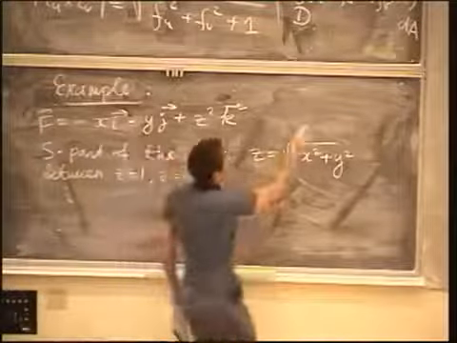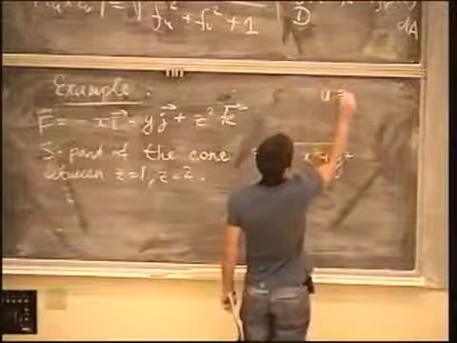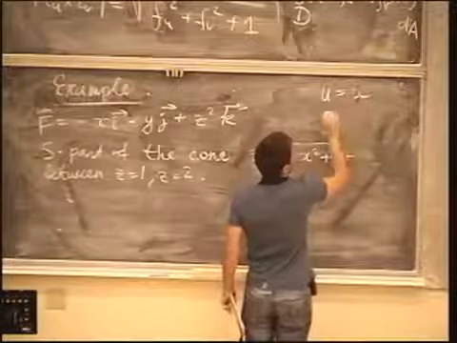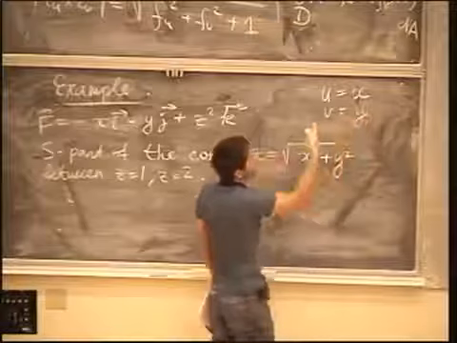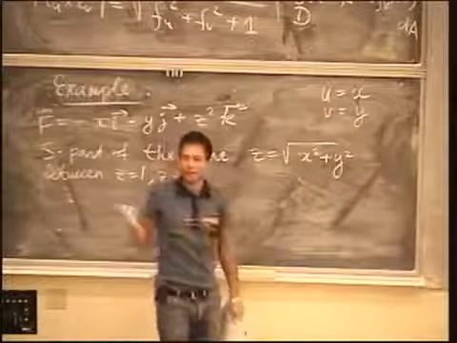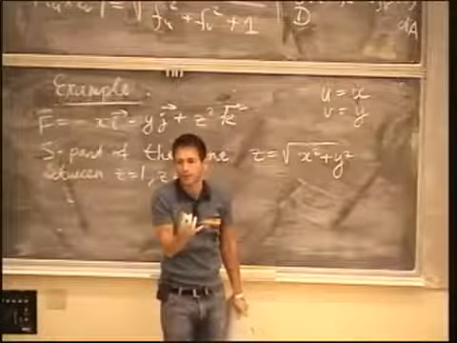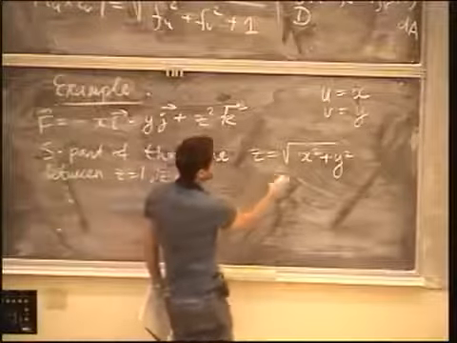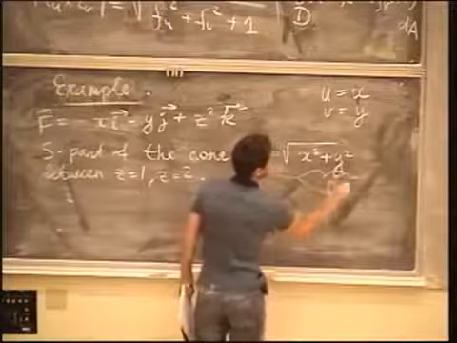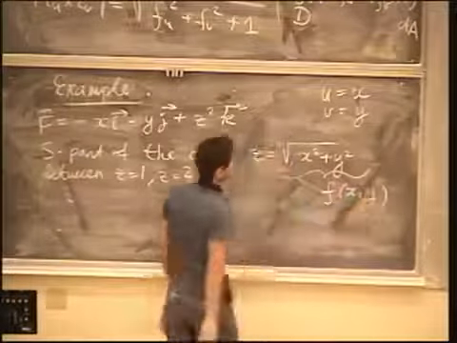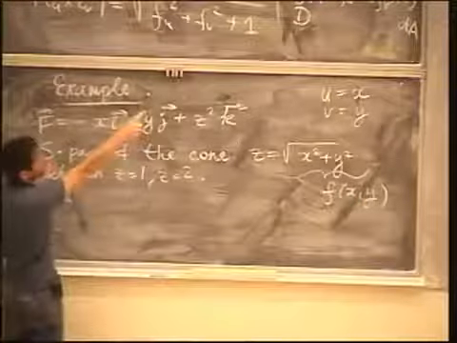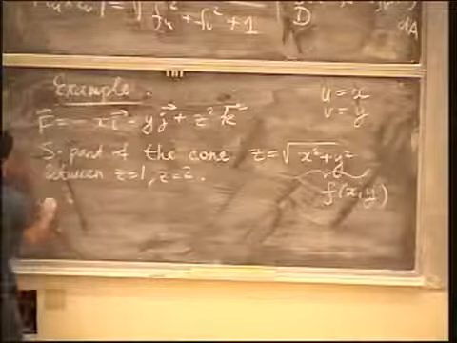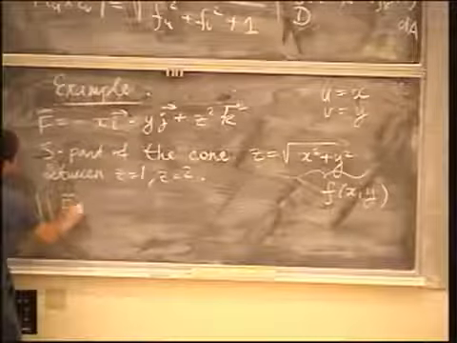First of all, in this formula above, let's just say u is x and v is y. I mean, after all, in this particular case, we don't have to pretend that these are some new variables, some auxiliary variables. These are our x and y. So in this case, the function f is this. This is f of x, y. So I'm just substituting in that formula. So what I get is that F dot dS